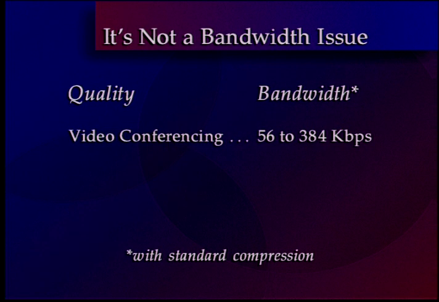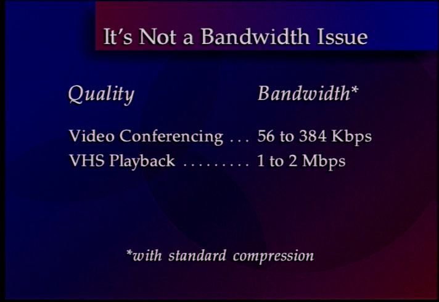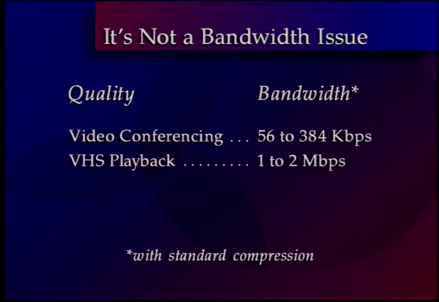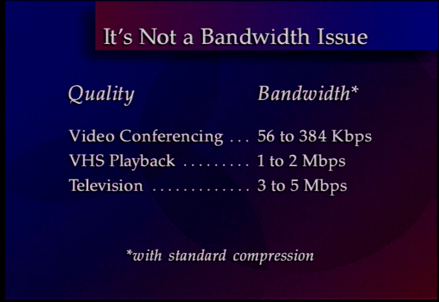In other words, at the top end, roughly 30 times less bandwidth than what an Ethernet network could provide. However, when you look at going to a level of quality of playback equivalent roughly to a VHS tape, using current compression, that takes in the range of 1 to 2 megabits per second to be able to maintain. The next step up is broadcast television. Most people know that when they look at a VHS tape, it's not quite as good as what they see from a broadcast television signal. A broadcast television signal quality would take somewhere between 3 and 5 megabits per second.